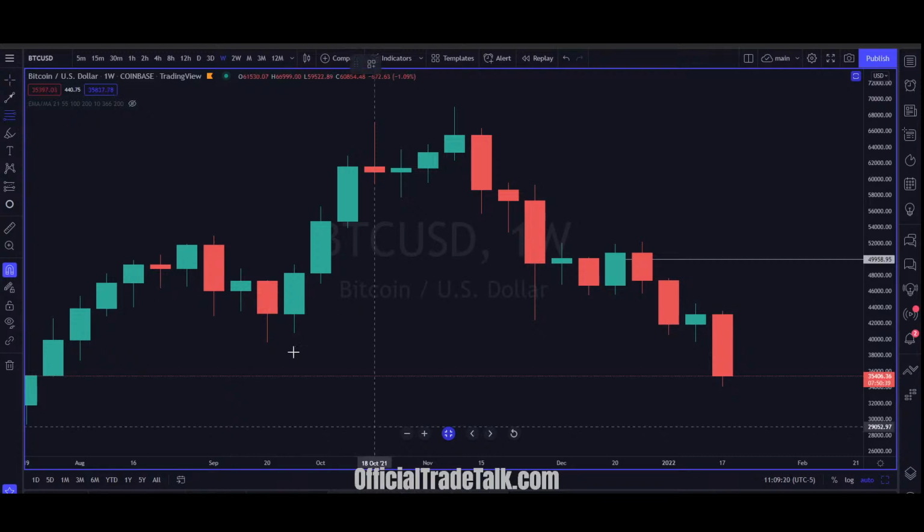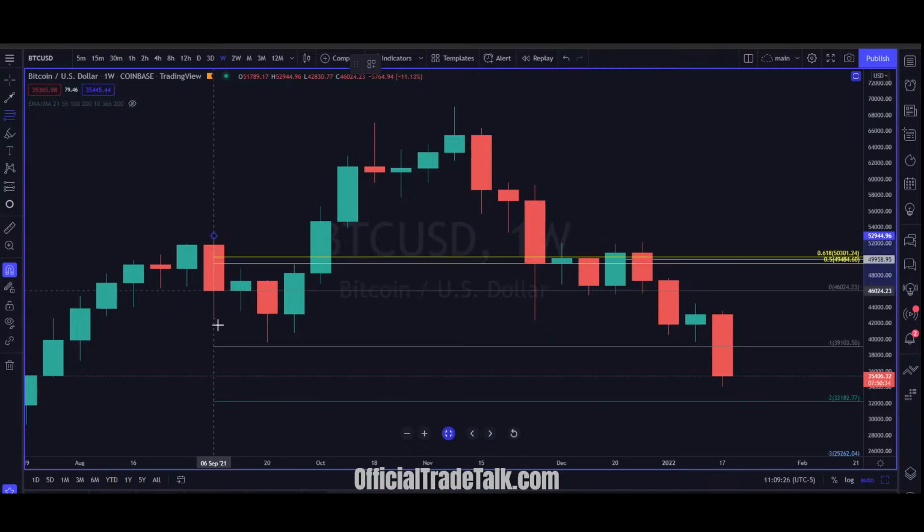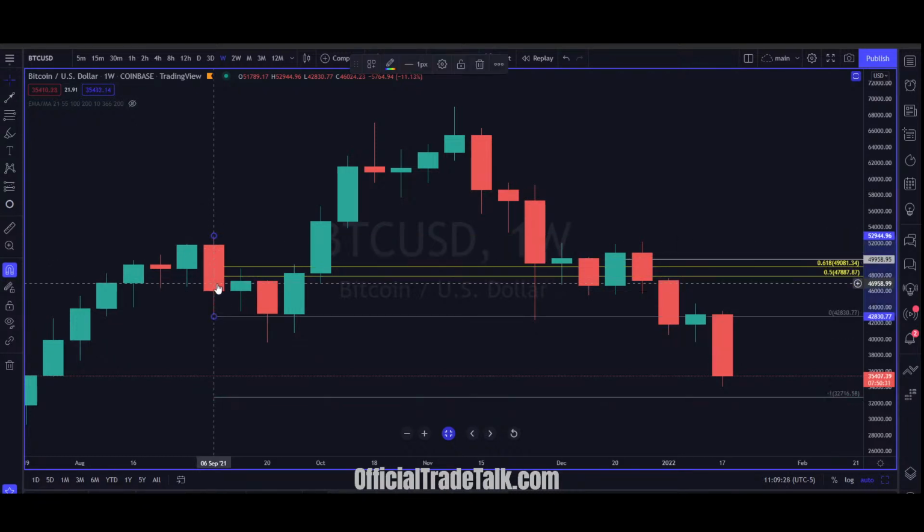So we'll use the fibs on the bearish engulfings or just the massive bearish drop downs to show you what I'm referring to. On this candle, if you just use the weekly candle that stabs down, do not use the previous candle's low. Just use this candle. This is your breakdown candle. That is the candle in question. That's the range that we're looking to identify trade setups for the next week to come.